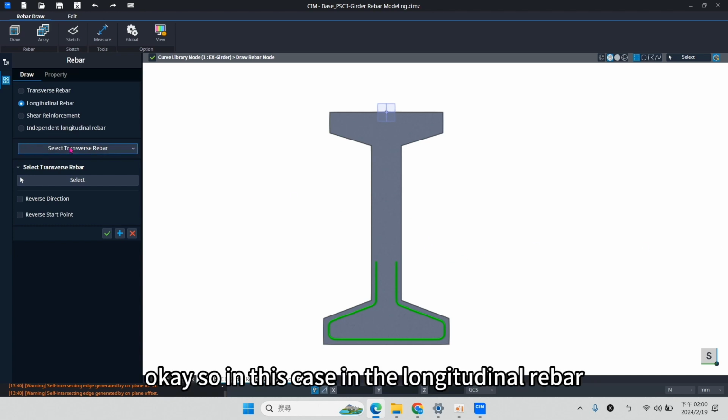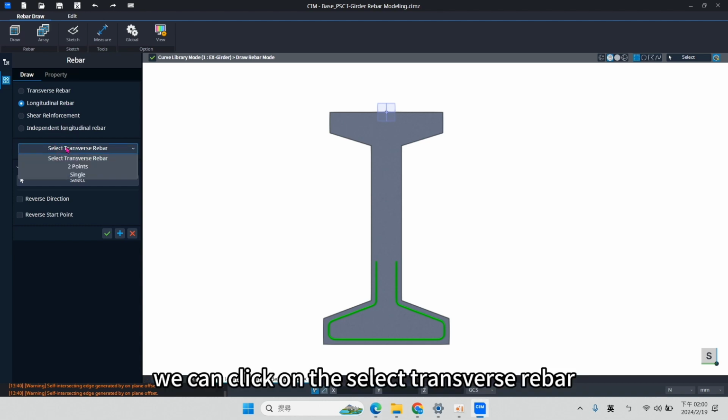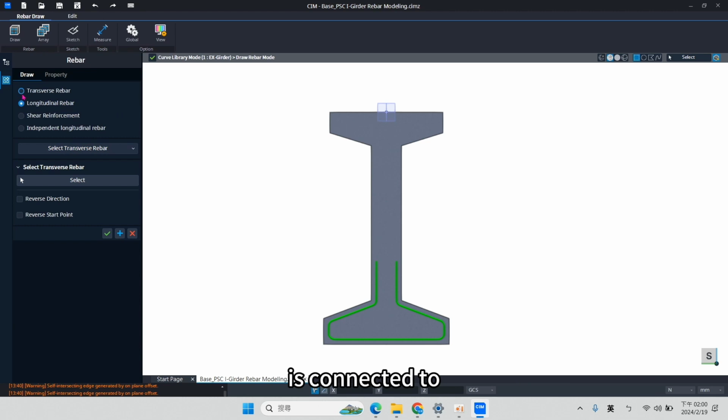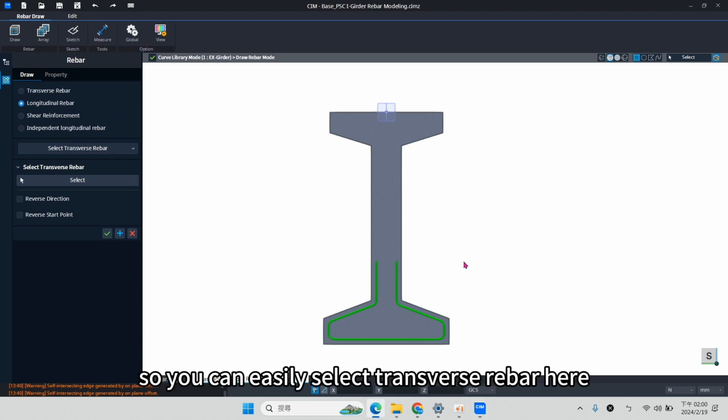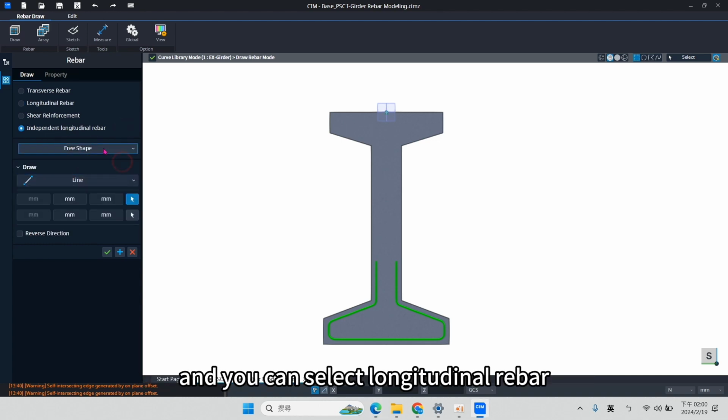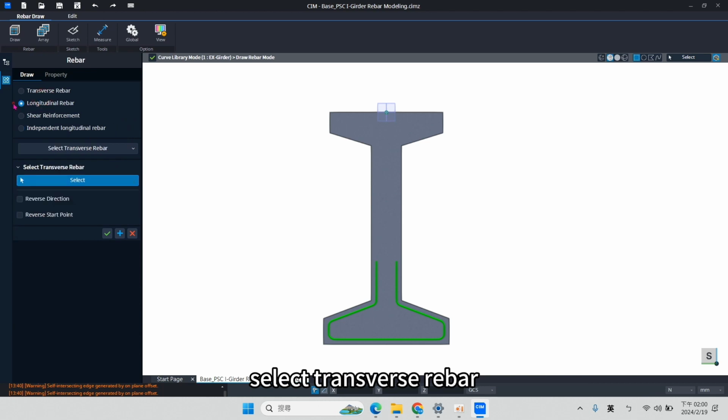Okay, so in this case, in the longitudinal rebar, we can click on select transverse rebar, because the longitudinal rebar is connected to the transverse rebars, so you can easily select transverse rebars here. So you click on the longitudinal rebar, select transverse rebars, and then select. Okay, and then you can easily click here.